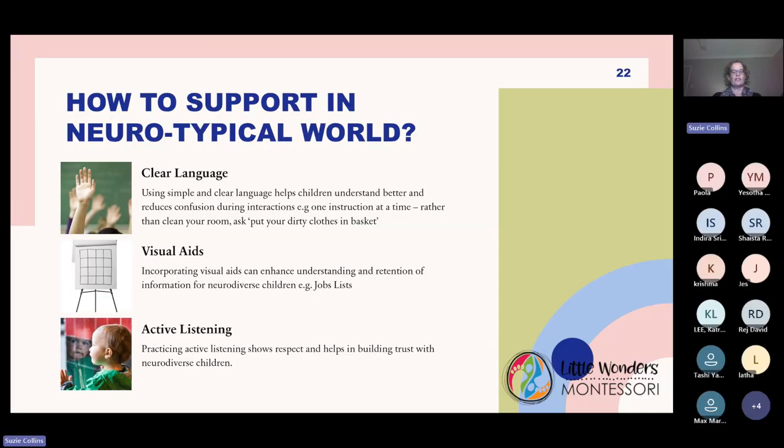We want to make sure we're also doing some active listening. So practicing that and actually being able to model that to the children as well. So if a child's talking to you, stop and have that interaction with them, so that then when a child is talking to another child, the child who's listening can make sure that they're paying attention because they've seen you guys do it as parents and educators. And it also helps to build some trust between the children.